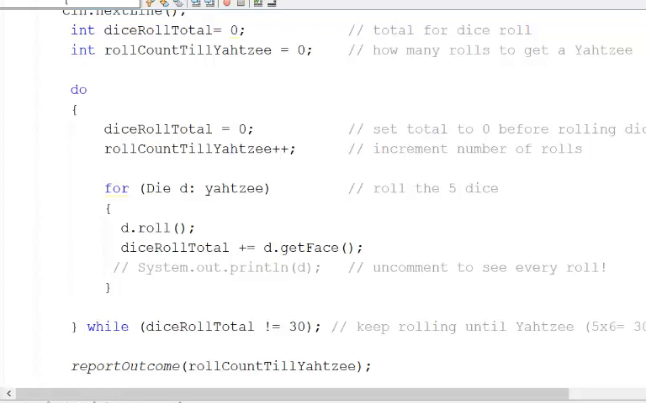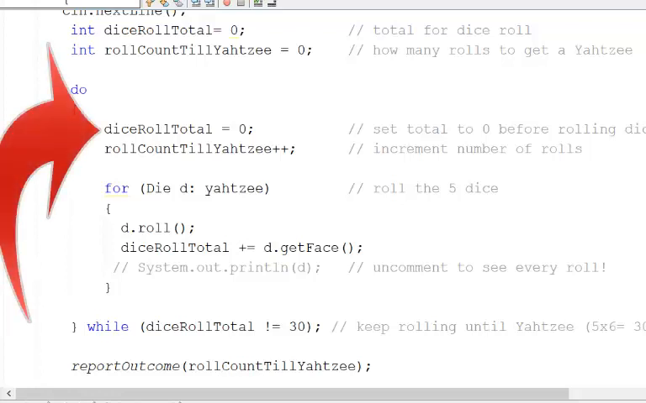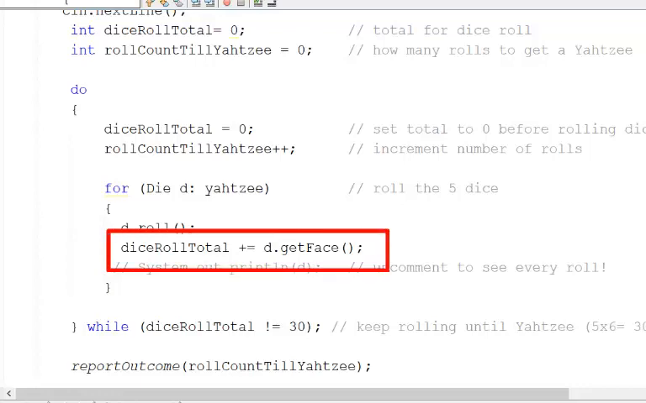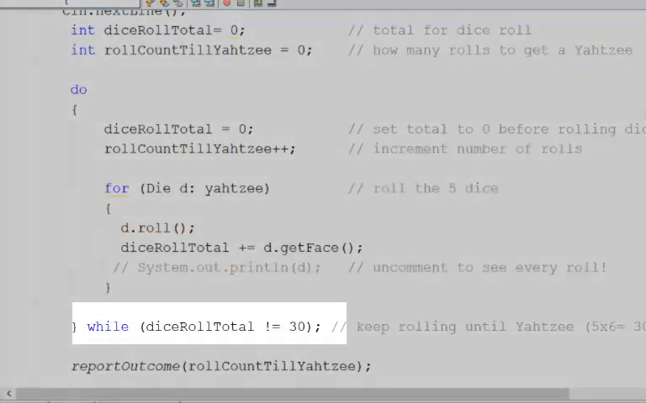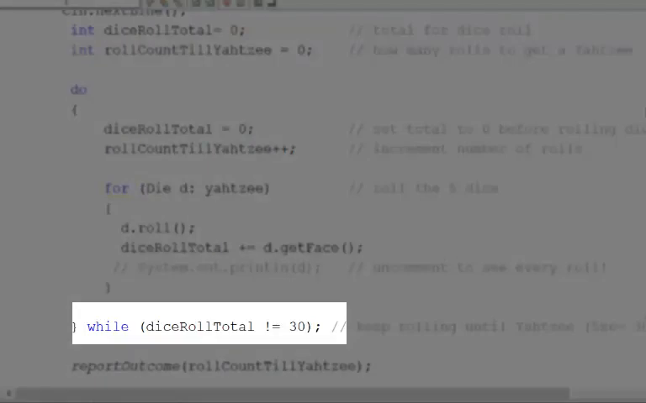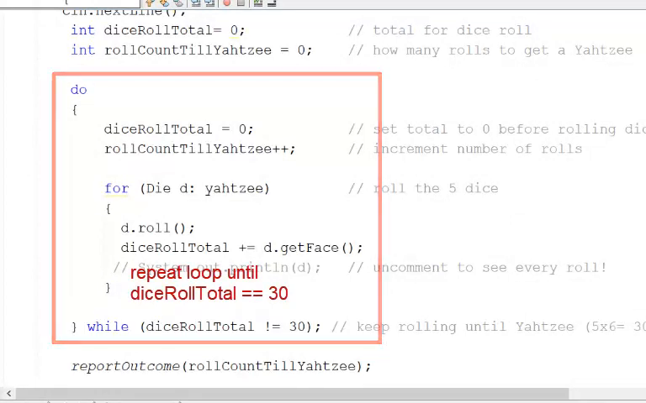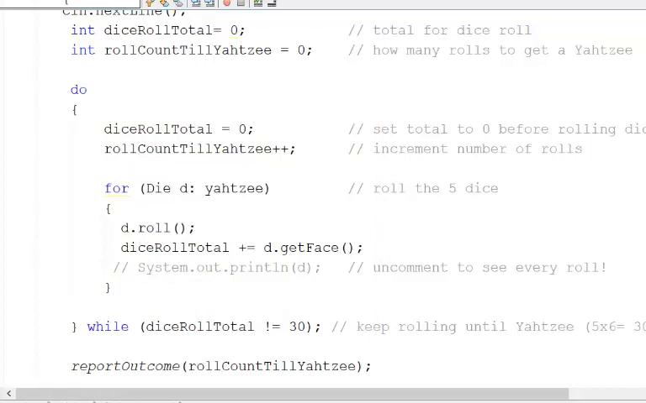So we repeat the loop by setting the dice roll total back to 0, adding 1 more to our roll count, and rolling the die again, storing the value of all the face values added up in the dice roll total, and checking again. So this loop will continue to run, and we'll count each roll each time we run the loop until we achieve a dice roll total of 30, which is an indication that we've rolled Yahtzee. Once that occurs, we report the outcome